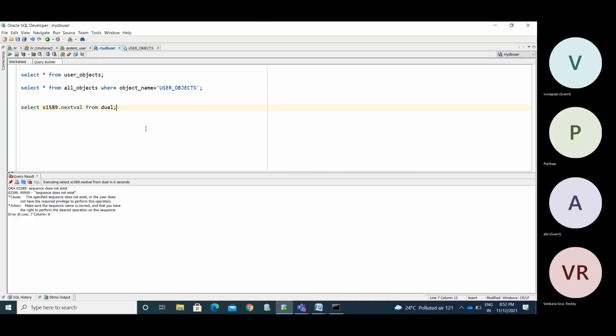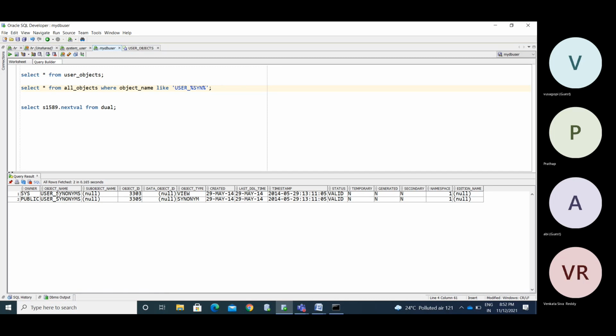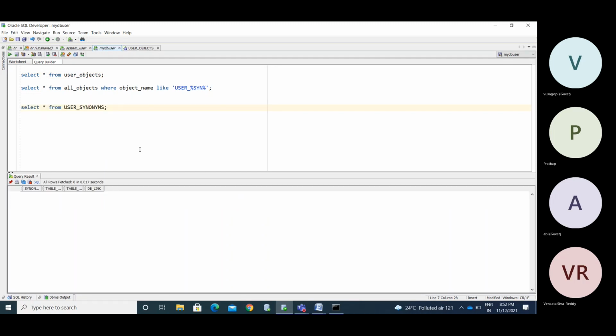Where is it stored, we'll see. So we need to know in all_tables, like user_synonyms. We'll get the data. Start from user_synonyms.